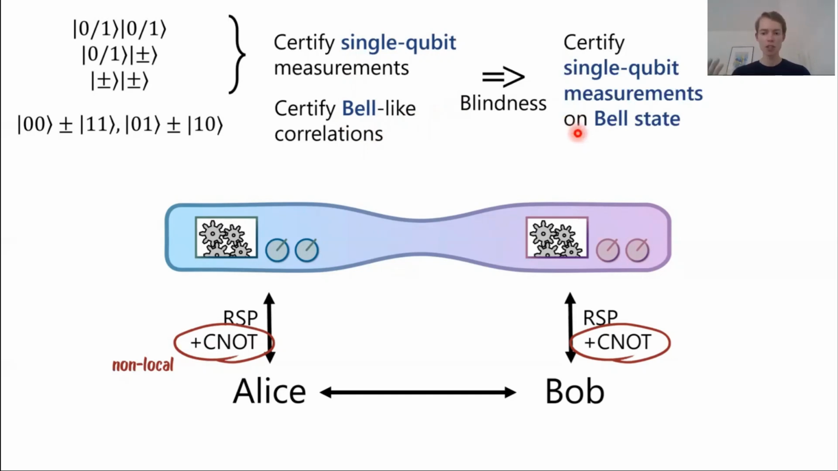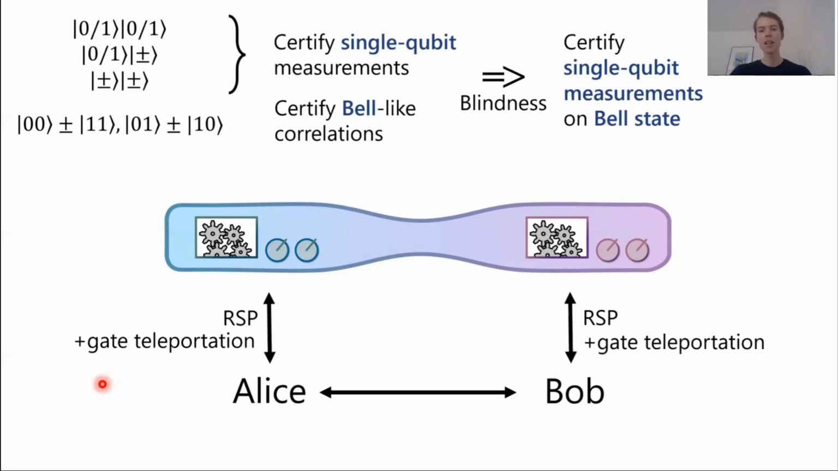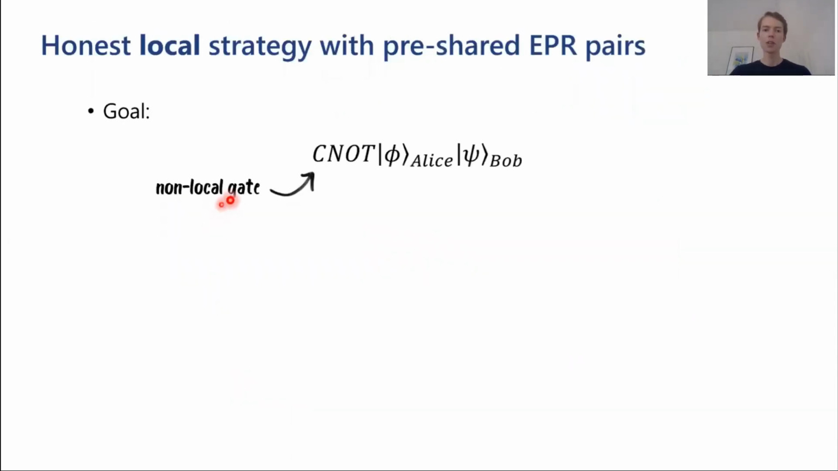Okay, so this achieves what we wanted from a self-testing protocol. The only problem that remains is that this is a non-local gate, which we don't want. So to get rid of this non-local gate, we can use a trick, namely gate teleportation. And what gate teleportation does is it basically sort of implements a CNOT gate using only local operations and pre-shared EPR pairs. So if Alice and Bob have each prepared some local states, phi and psi, and want to apply